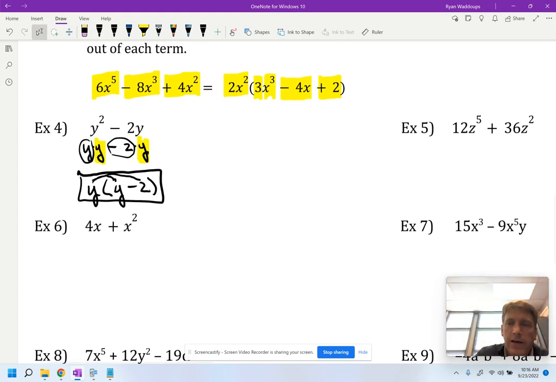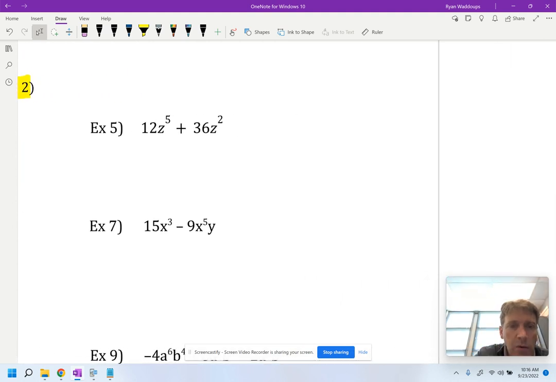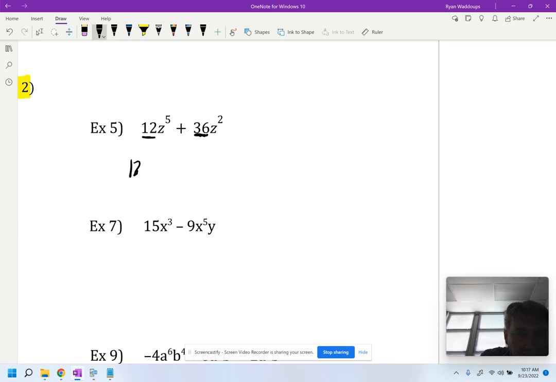All right, let's look at example 5. We got 12z to the 5th plus 36z squared. And look at that, 12 and 36. Instead of doing the prime factorization, which you still can do, it's a little faster if you recognize that one is a multiple of the other. 36 is a multiple of 12. And so they're going to have that 12 in common. And then they're limited by 2 z's. Even though this one has 5, this one only has 2. So they have 2 z's in common. So their greatest common factor is 12z